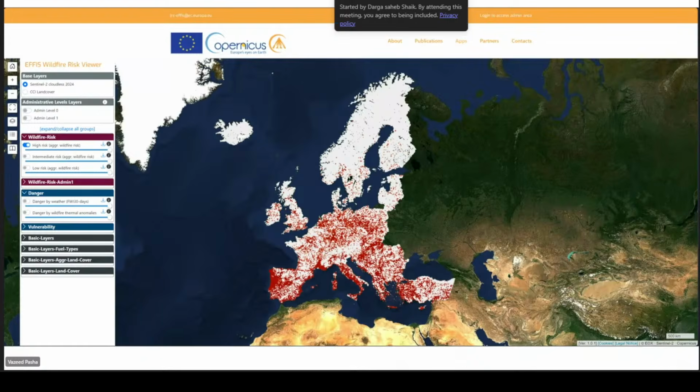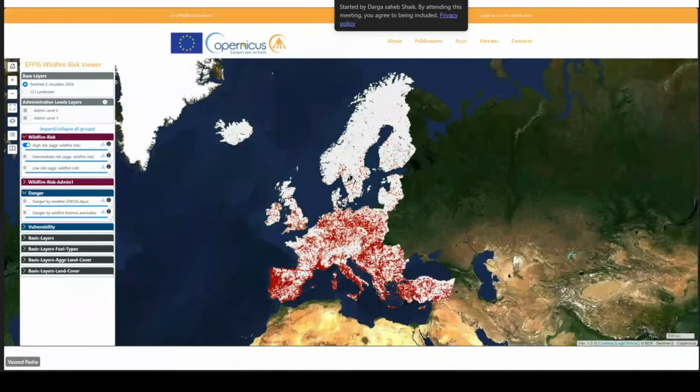They will give Sentinel-2 cloud-free 2024 data, and also provide the wildfire risk zones. In this wildfire risk zone, for example, high risk agriculture, aggregated wildfire risk zones, intermediate risk zone, and low risk zone. And also we can overlay the admin boundaries.